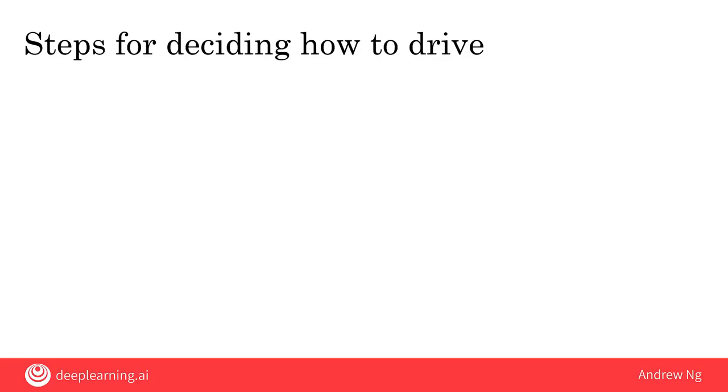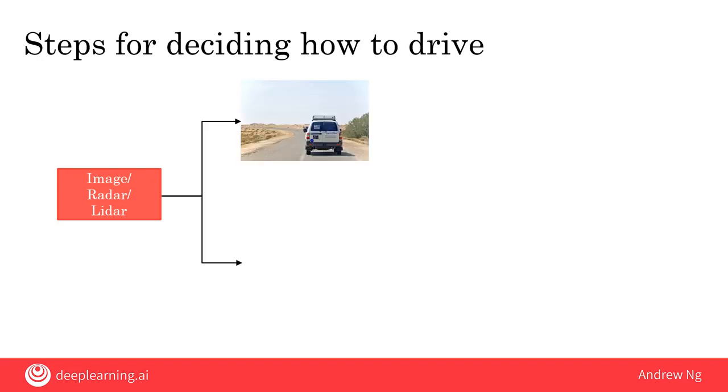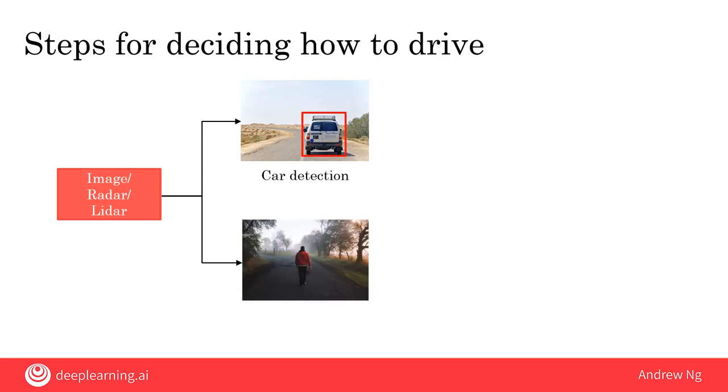Let's get started. These are the key steps for deciding how to drive your self-driving car. The car will take as input various sensors such as pictures of what's in front of the car or to the sides or behind, as well as maybe radar or LiDAR, meaning laser sensor readings. Given this input of a picture and maybe other things, it then has to detect other cars, as well as where the pedestrians are, because we want to avoid other cars as well as avoid pedestrians. Both car detection and pedestrian detection can be done with machine learning using input-output or A to B mappings that take as input the picture and maybe radar and LiDAR, and tell us where the other